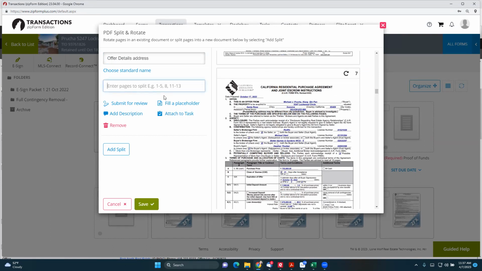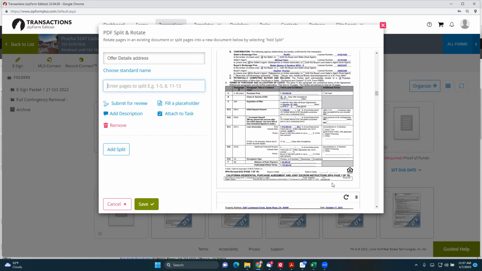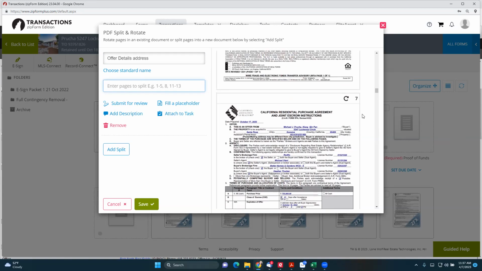And then you just put in the pages you want. It says right here what the page number is according to this PDF. It's not the page down here, 1 of 16 of the RPA, right? It is the page of the PDF. So I'm going to say I want to extract pages 7 through 9, and then you're going to click save. You can do more. You can add another split in there as well. I like to just do it one at a time because I find it's cleaner, but you can add multiple splits. But I'm going to just do pages 7 through 9 and then save.